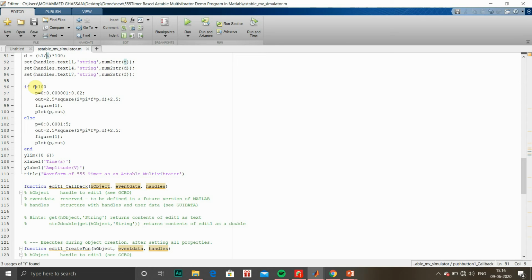The first set of statements is for frequency greater than 100 Hz. For frequency greater than 100 Hz, we'll use time t equals 0 to 0.02 in steps of 0.0001, and the output is 0.25 square of 2 into pi into f into t, comma d, plus 2.5. The same thing we plot in figure 1.